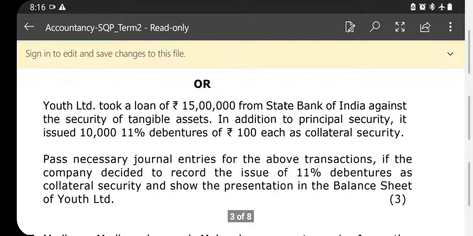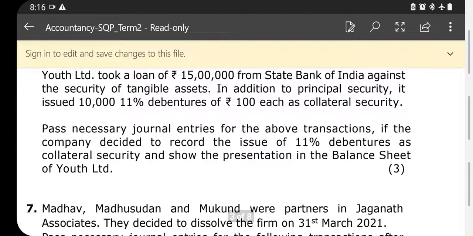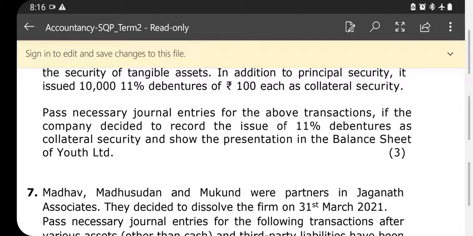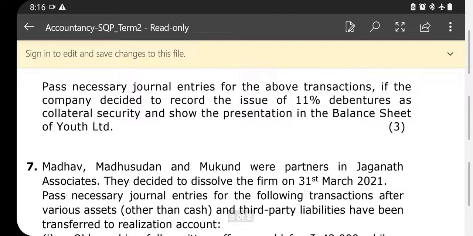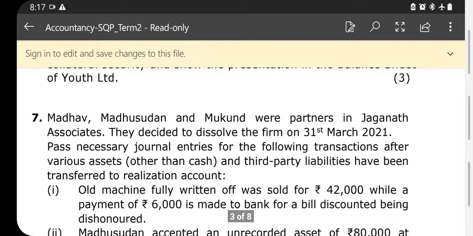So, another question. Youth Limited took a loan of 15 lakhs rupees from State Bank of India against the security of tangible assets. In addition to principal security, it issued 10,000, 11% debentures of 100 rupees each as a collateral security. Pass necessary journal entries for the above transactions if the company decided to record the issue of 11% debentures as a collateral security and show the presentation in the balance sheet of Youth Limited, carrying 3 marks only. Seventh question,